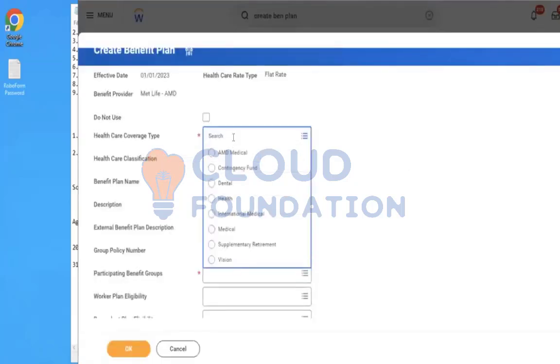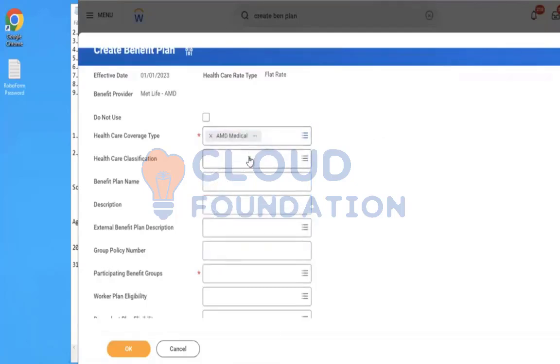Coverage target type, we selected AMD medical. Classifications, you can enter HMO. Benefit plan: if you don't give the plan name, it will pick up MetLife AMD medical. I will remove this one, coverage type. If I remove it, then under that classification,